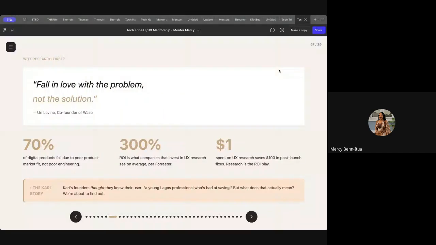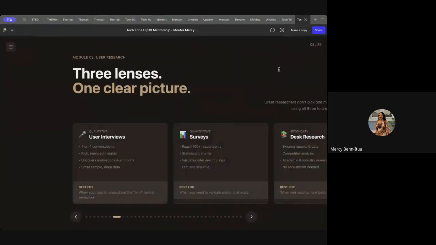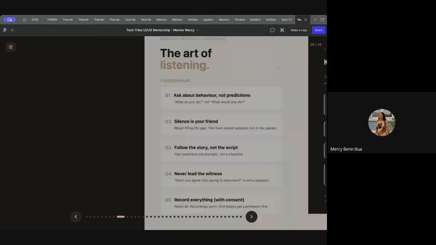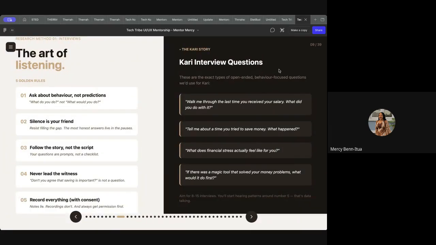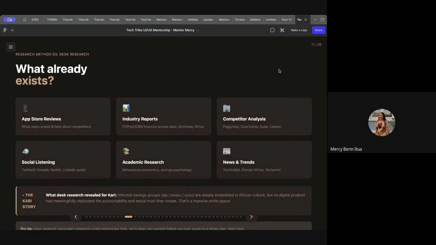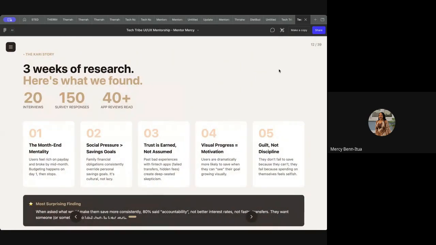Now, I talked about why research is important. We talked about the different types of research. We talked about user interviews, surveys, desk research. We also talked about how to go about your interviews. We talked about how to ask questions, what kind of questions are good questions. And then we talked about the different types of desk research. We move forward to talk about